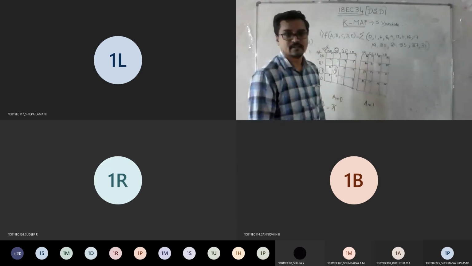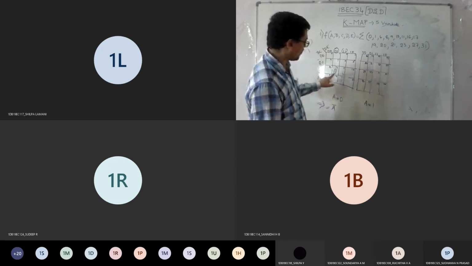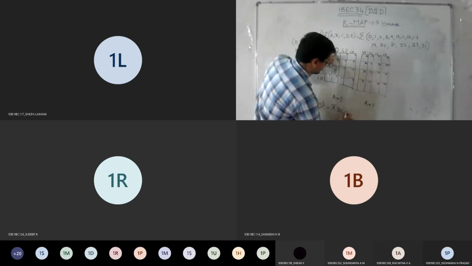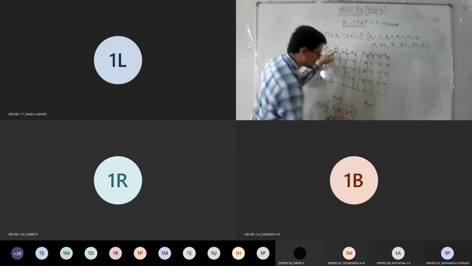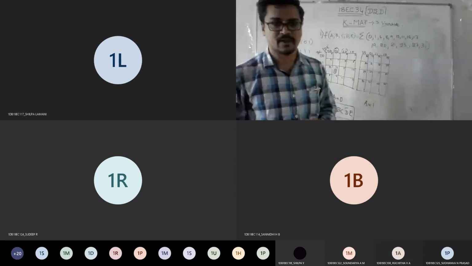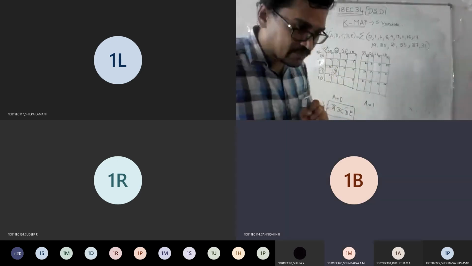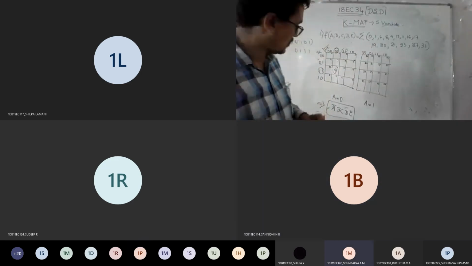A equal to 0 means A bar, agree? Then followed by BC, followed by D bar E. This is how you need to write an expression if it is a 5 variable. Am I clear? Yes, sir. Okay, good.